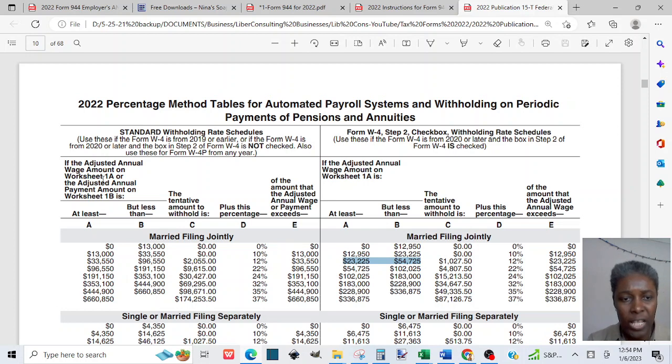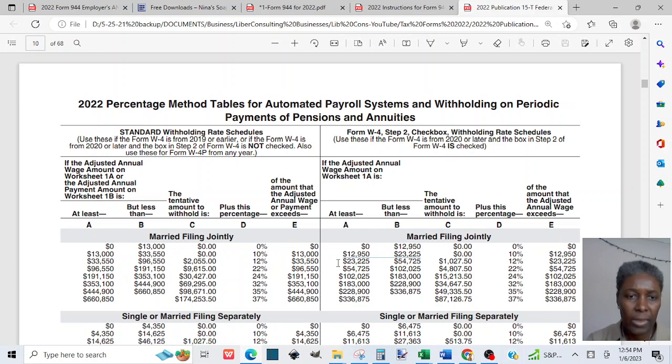So the percentage method is about the annual wages that you pay yourself. The reason why I like this method is because our business is still young, I pay myself once a year. So for the annual wages, if you can estimate how much your annual wages will be,